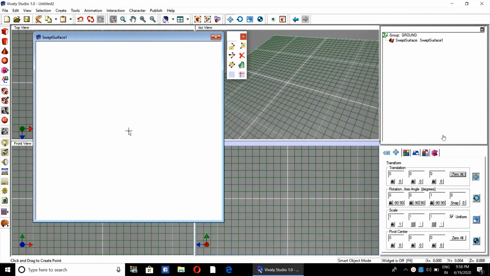You just start defining the cross section. As far as possible, make the lines perfectly straight. There are tools like move points that will help you to make a perfectly straight line cross section.